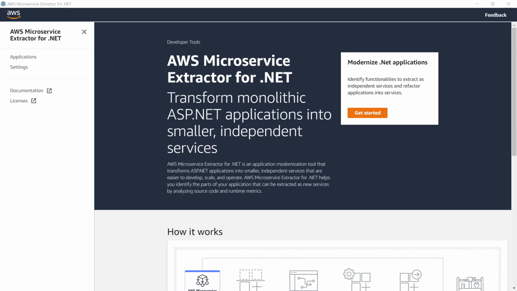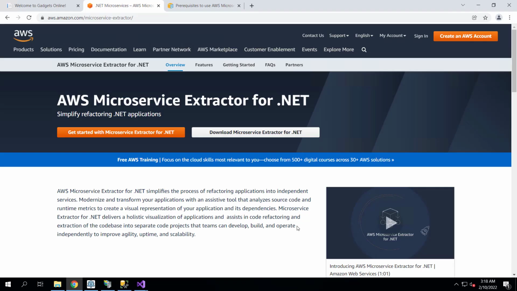Let's take a look at the Microservice Extractor for .NET and see how it can be used to extract independent services from an existing ASP.NET MVC5-based monolithic application.